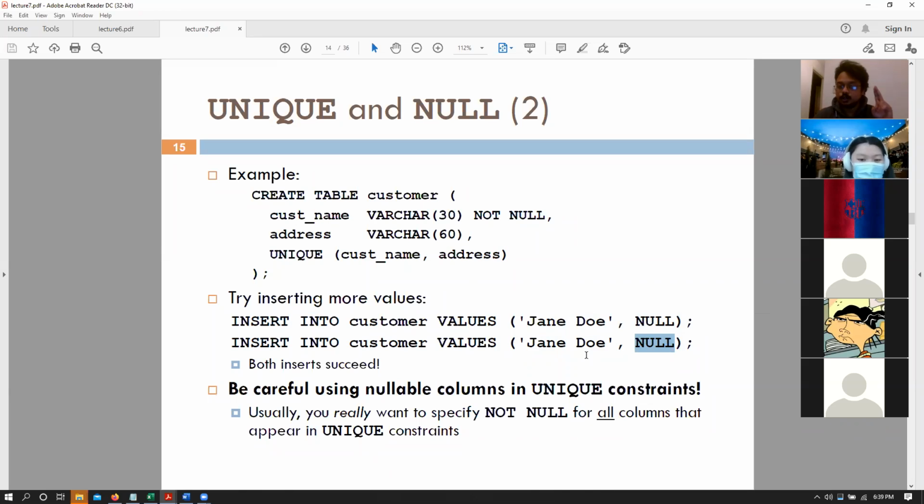And that is not true, because null values cannot be compared and we can't say that two null values are the same or not. So that is why these two entries are not the same. Make sense? Any other questions?